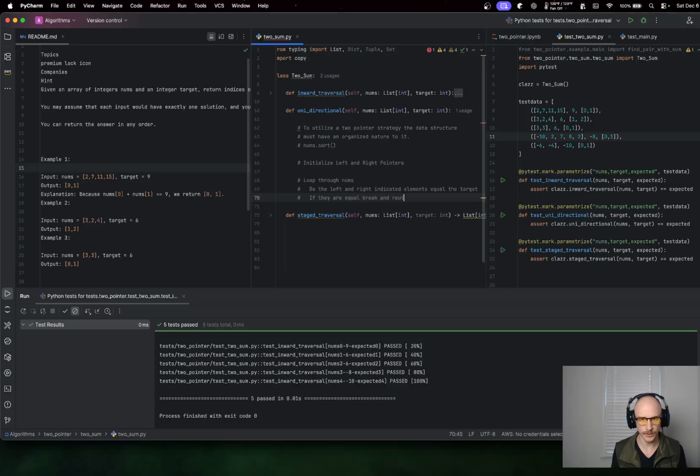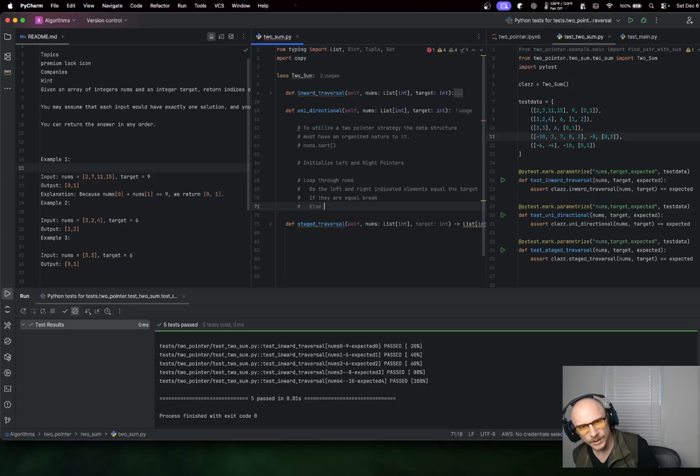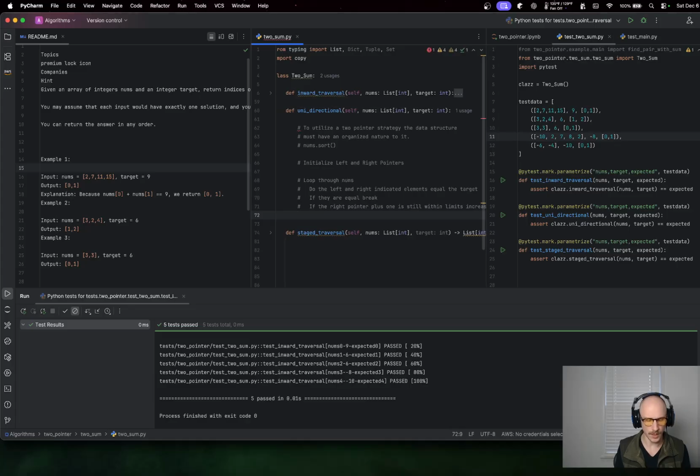Break, return indexes, break. Else, if the right pointer plus 1 is still within limits, increase, otherwise